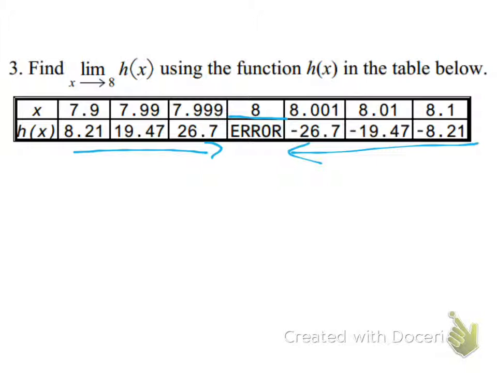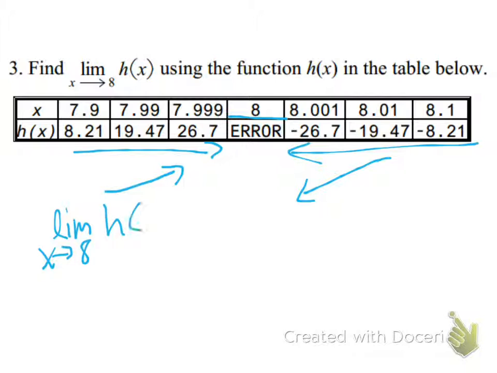Well, it looks like as we come from the left, our y values are increasing, right? But as we come from the right, it looks like those values are decreasing. Since one side is increasing without bound and the other side is decreasing without bound, the limit as x approaches 8 of h of x